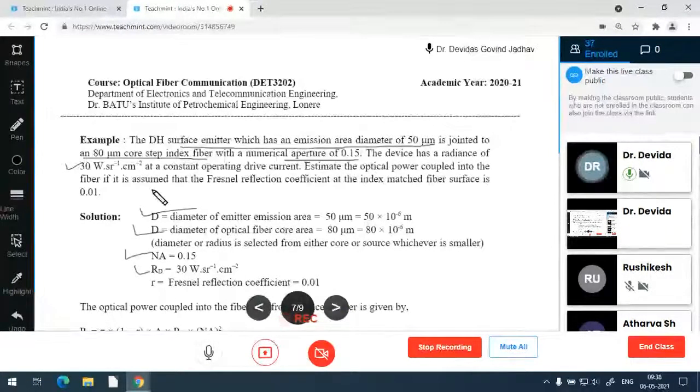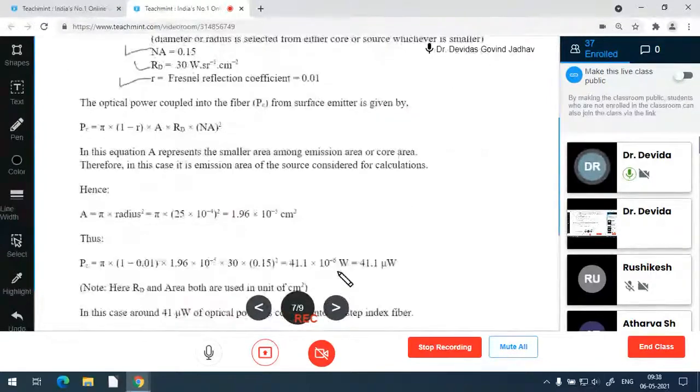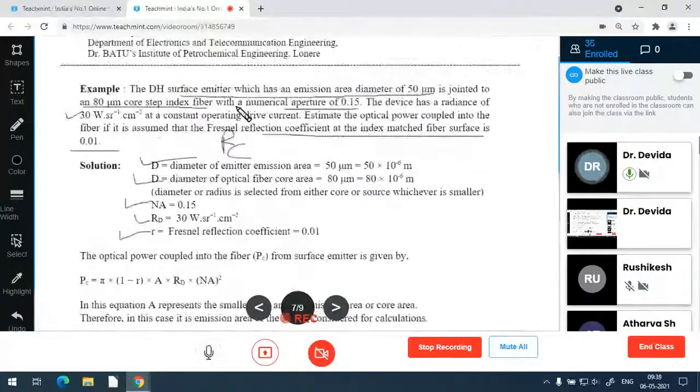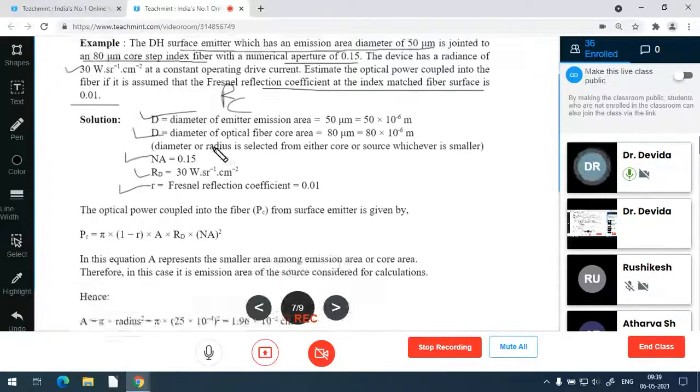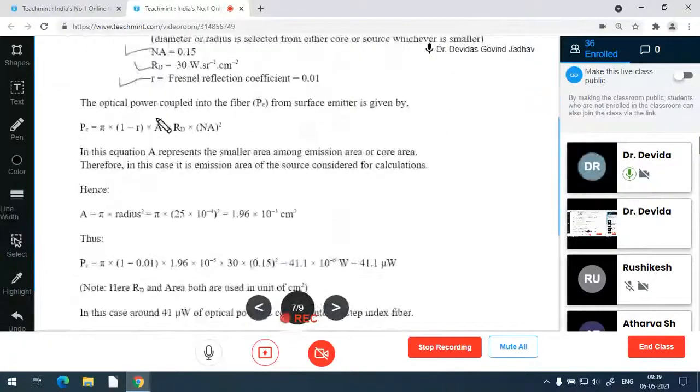Estimate the optical power coupled into the fiber, PC, if it is assumed that the Fresnel reflection coefficient of the index match surface is 0.01, that is small r, Fresnel reflection coefficient is 0.01. So we have to calculate PC. So PC, the formula for the double heterojunction surface emitter LED, that is SLED, is as follows. The optical power coupled into fiber PC for surface emitter is given by PC is equal to pi into 1 minus r